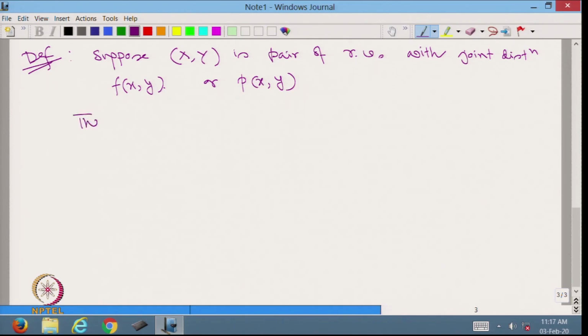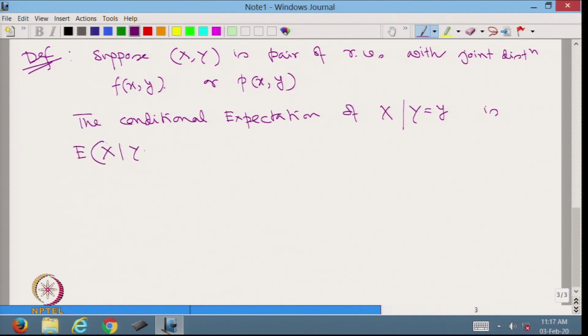Therefore, the conditional expectation of X given Y is equal to y is the expected value of X given Y is equal to y, which is equal to the integration of x g of x given y dx, which is equal to x into f_XY upon f_Y of y dx